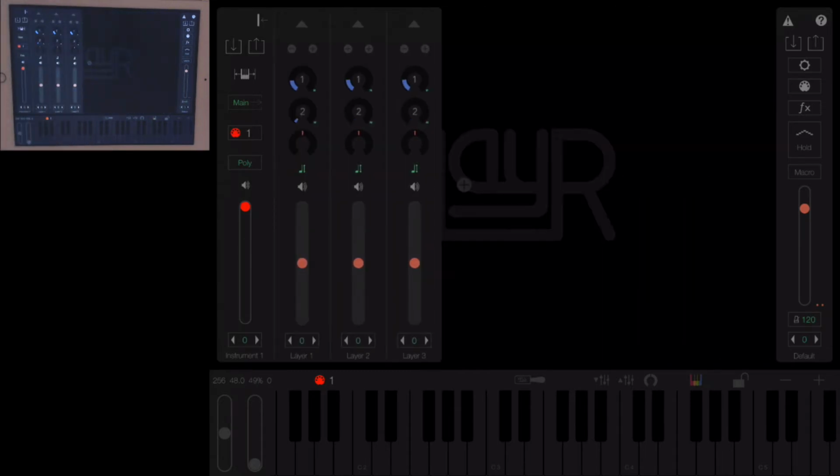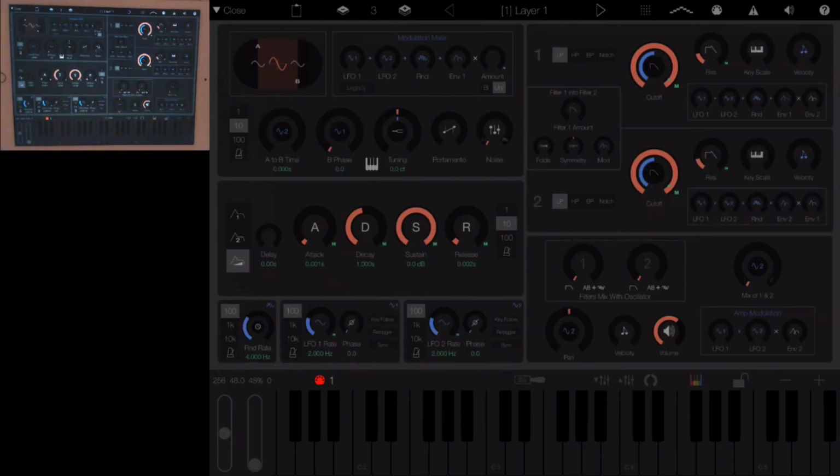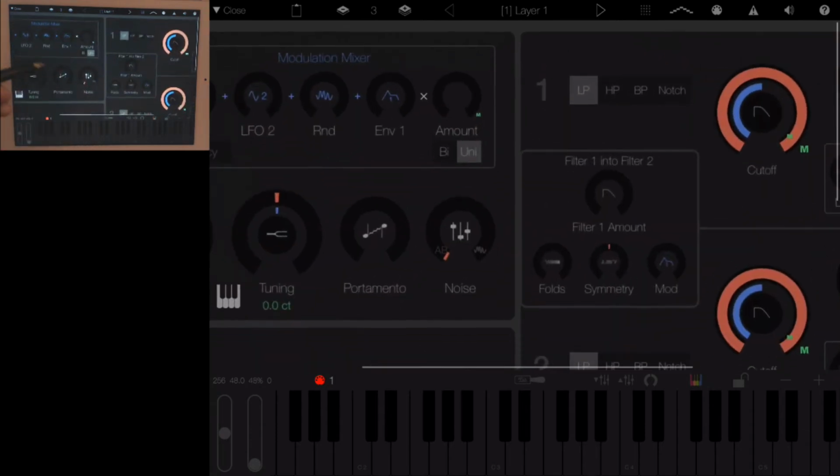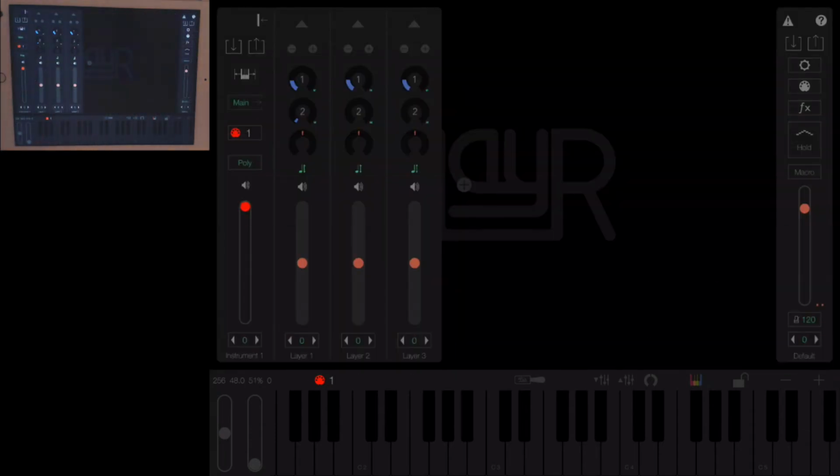So the next thing to talk about is probably layer editing, actually going into the synthesizer and telling you all about these bits, which I shall do now. Oh, actually, I shall just quickly, if you look at the top of each layer here, you can see that it's got a little arrow, which is the button for editing the editor, but it also flashes on and off to tell you,